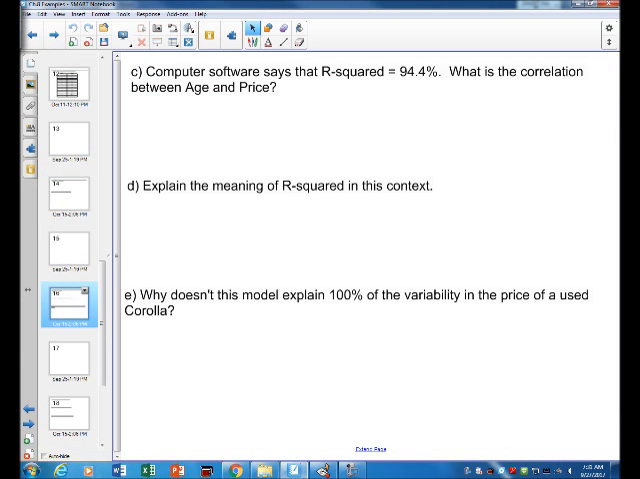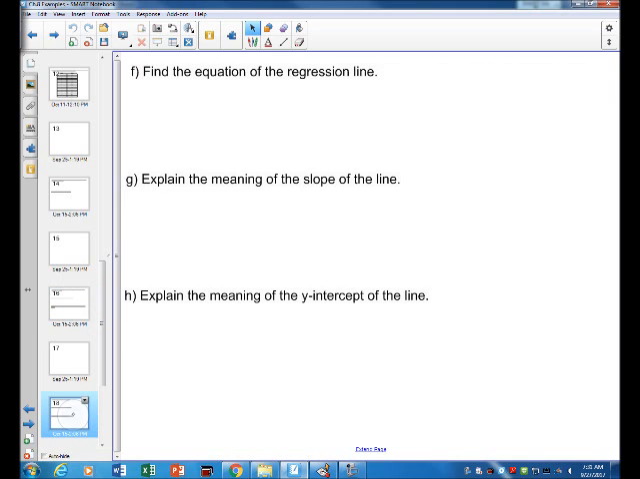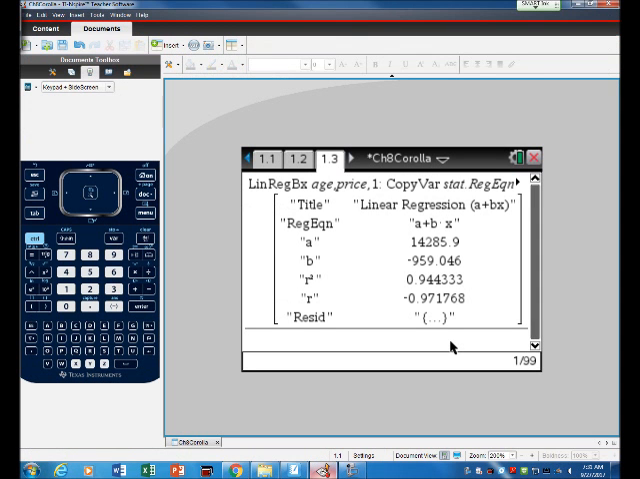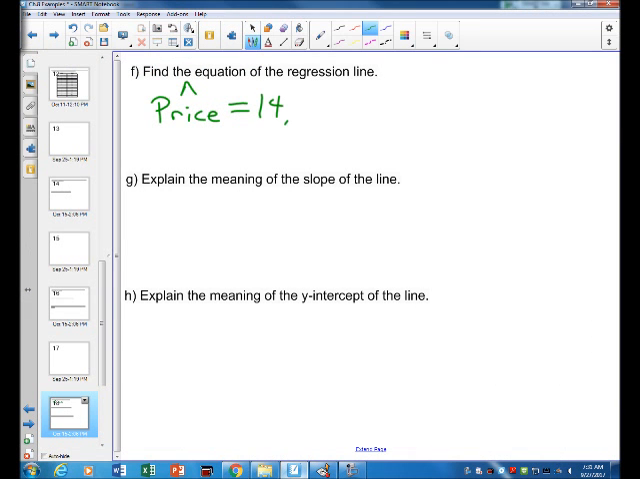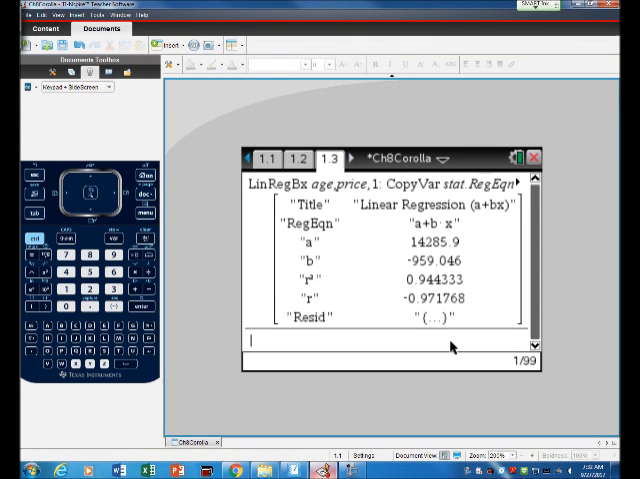All right, let's go ahead and find where it says to write down the model. There we go. So letter F says to find the equation of the regression line. So this is where I'm going to write down my y value, which is price. And because this is predicted, I'm going to put price hat equals, and I have a y-intercept of $14,285.90 minus, and you can always write plus and then negative for your slope, but I go ahead and just write minus because I know I have a negative slope here. So minus 959.05,